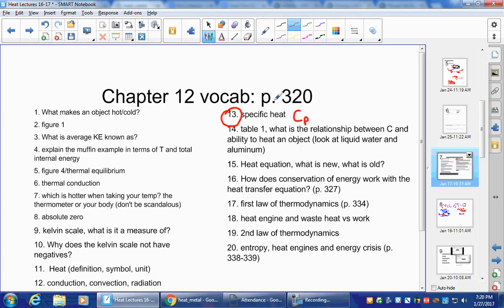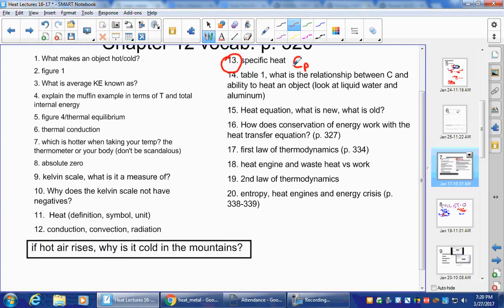And what that is, it is the quality of a metal or quality of a substance when you're looking at the heat equation, which you should be familiar with from chemistry back in the day, which is the mass times the specific heat times the change in temperature. The product of those three will get you the value of heat. And what this actually tells you is kind of the rate at which the metal or the substance will heat up, right? So this is the rate or the amount of energy required to raise the temperature of the substance by